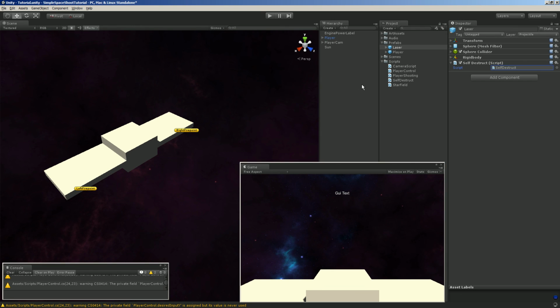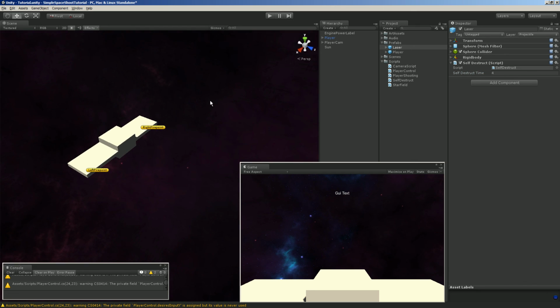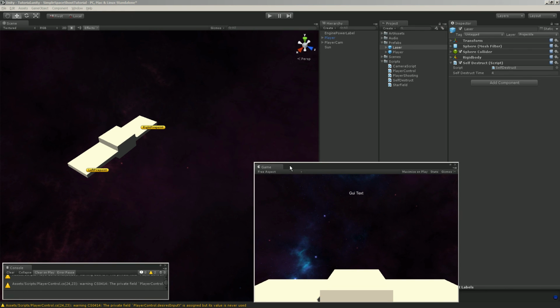So let's go back into our projectile. And normally you want it to be destroyed after much longer than a second. It does need to travel out into space for a while and hit something. So let's say 4 seconds later out into the world. If it doesn't hit anything in that time, then you're pretty darn far away from whatever it is you're trying to shoot. Let's just go File, Save Scene, File, Save Project, and